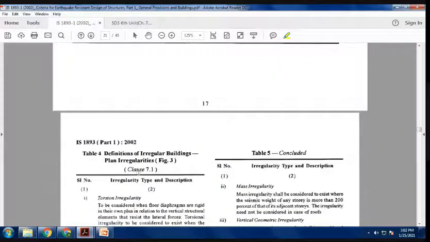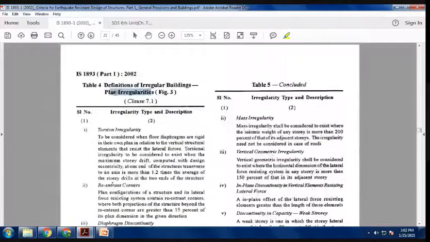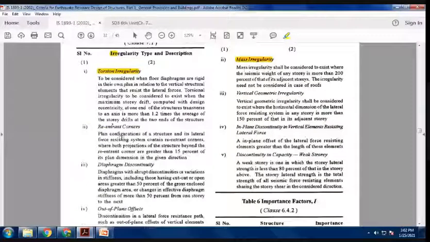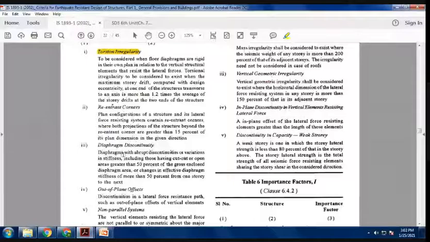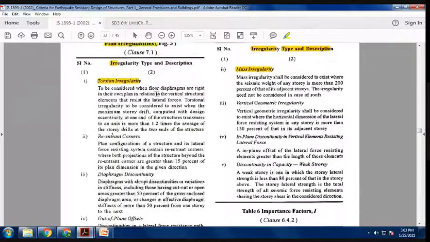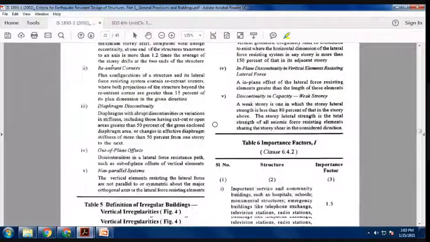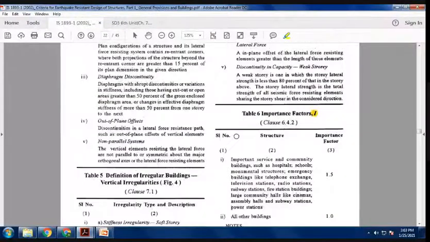Regularity and irregularity are most important, but for your exam they have not mentioned anything. Torsional irregularity and mass irregularity are very important for design, if you are going for any dynamic analysis like that. So we will skip this for mass irregularity. If you are interested, we can go for the irregularities of the building. Okay, the next thing is that I need the value of I, which you can see here.